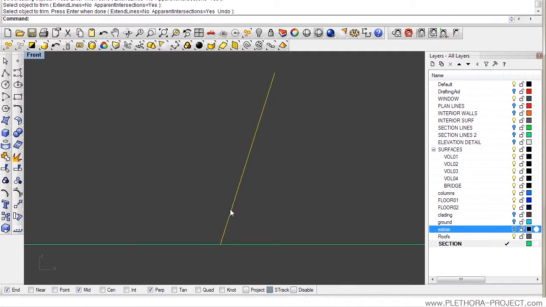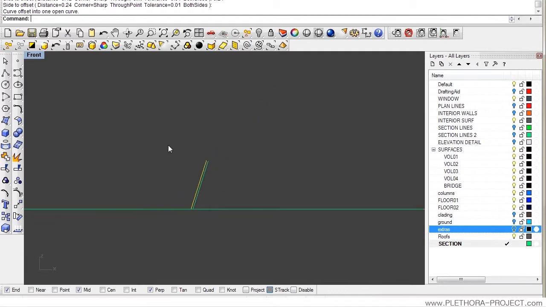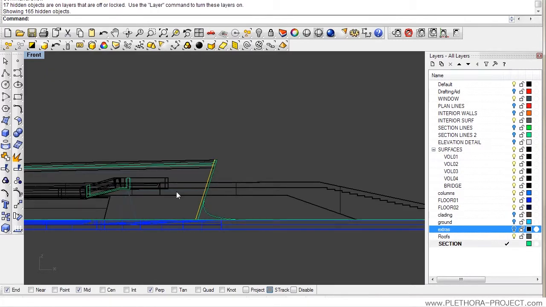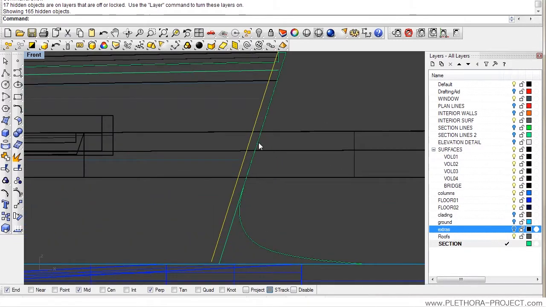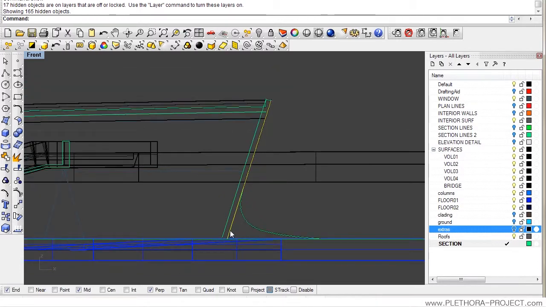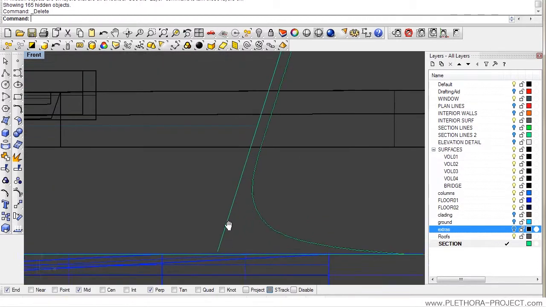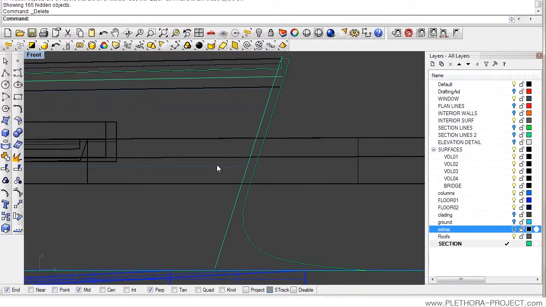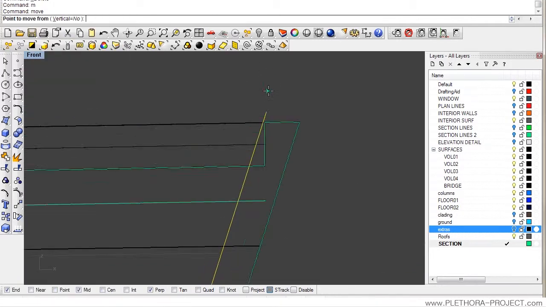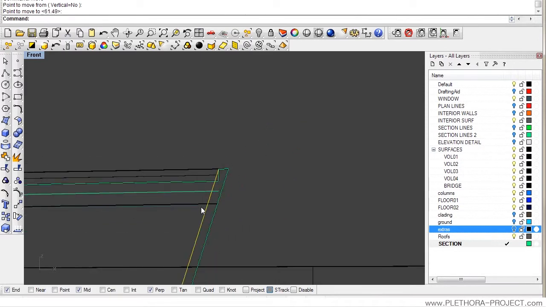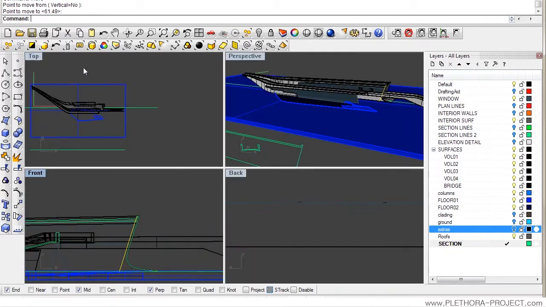Trim, offset, right? So we could start generating the material that we need. In this case, this line we don't care about. If we want to do this surface, we could do it by positioning this line here,